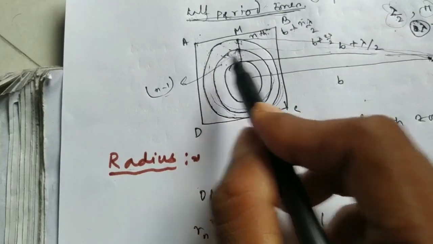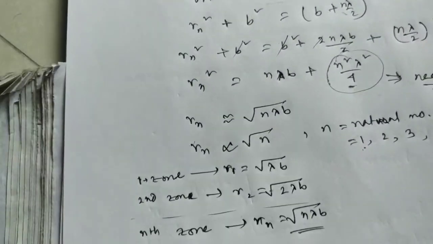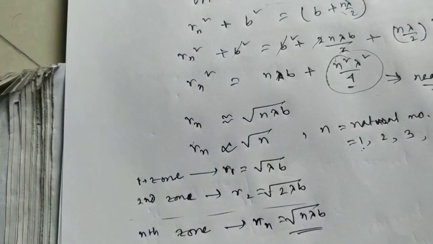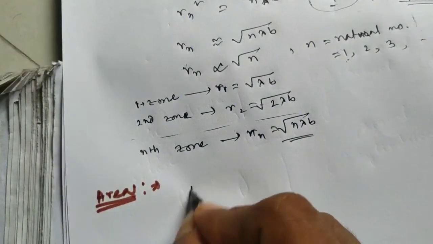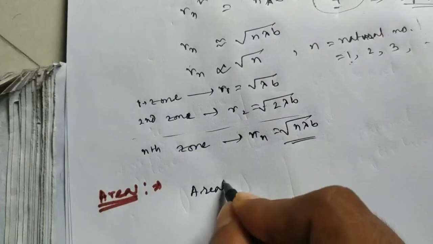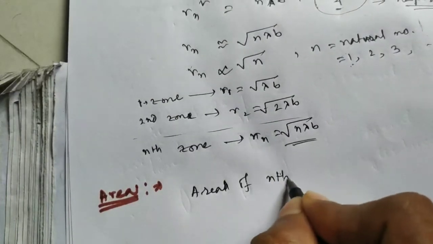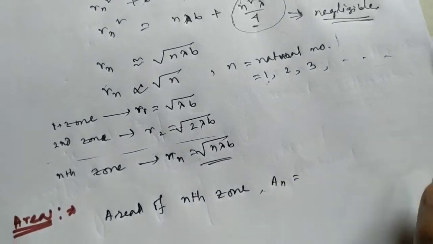If we take the nth circle and the n minus 1 zone circle, these two circles, now the area of the nth zone, An,